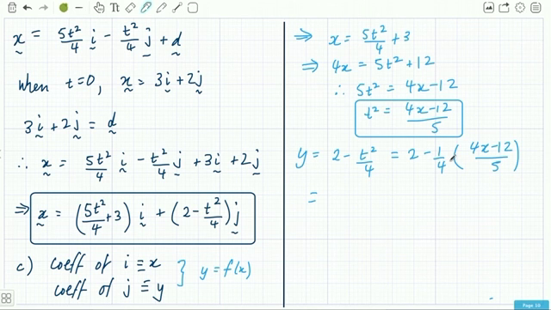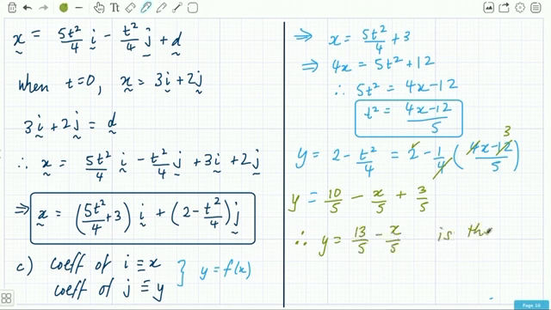So I know here that I could cancel the 4 and cancel that down to a 3. So I'm going to just rewrite the 2 as being 10 over 5, that's the 2. Minus, the 4's cancelling, so that's minus x on 5, and here the negative and the negative turns into a plus, and that's 3 over 5. So I've got 10 over 5 plus 3 over 5, so therefore we've got y equals 13 over 5 minus x over 5, and that is the Cartesian equation